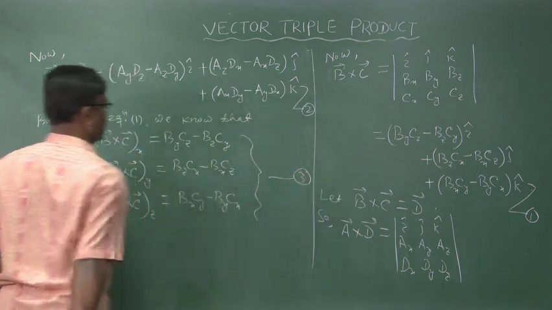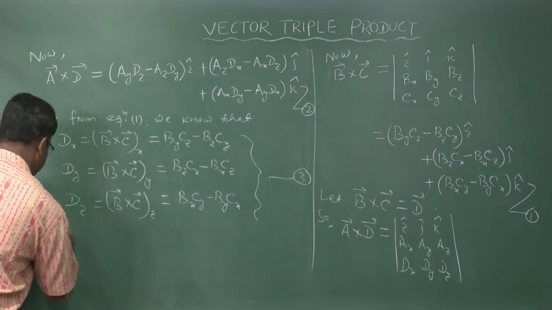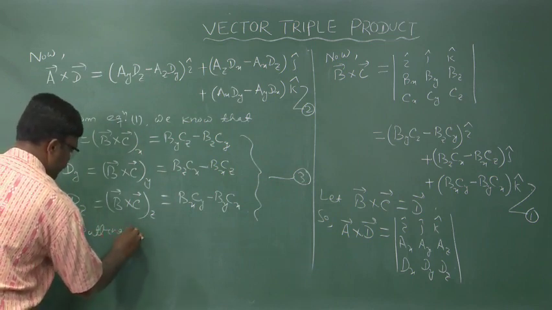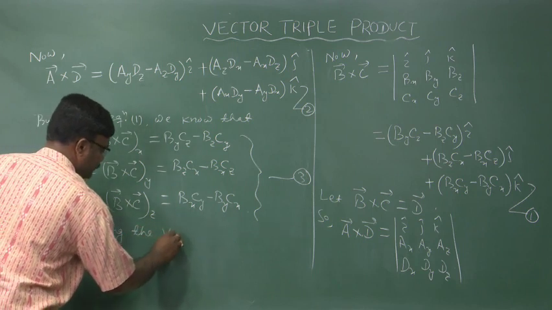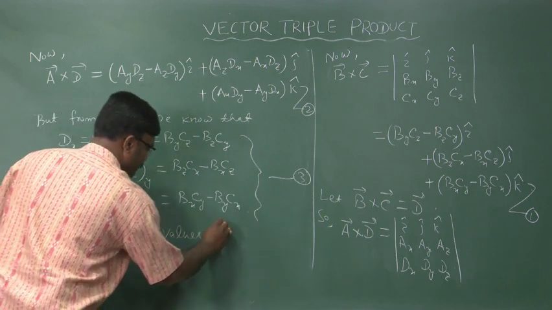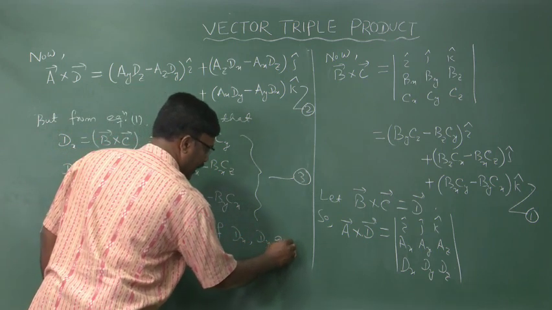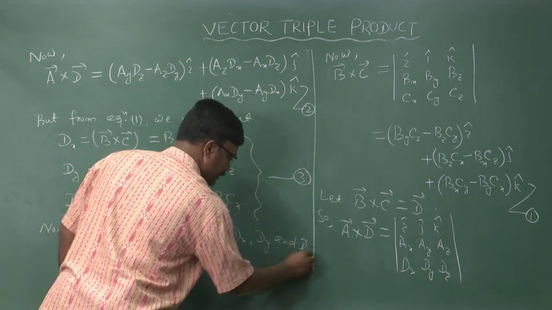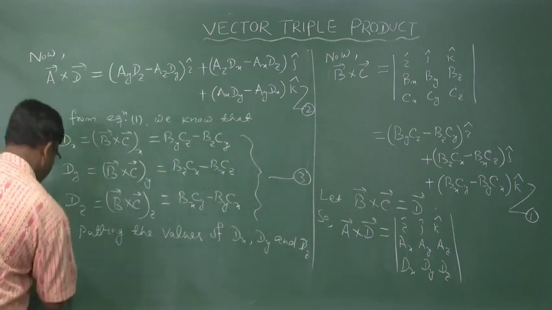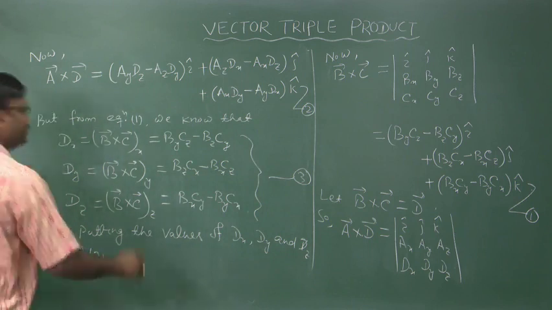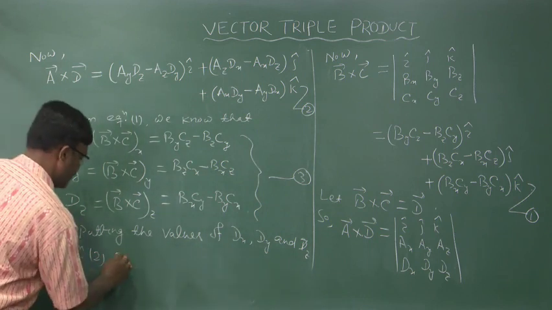Let this be equation 3. Now, putting the values of dx, dy and dz in equation 2, we can write